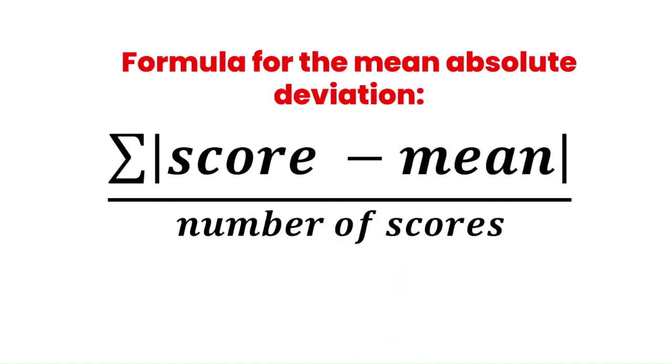So let's learn the formula first. Ano bang formula ng mean absolute deviation? Katulad ng formula kanina sa standard deviation at saka variance, same lang din. Summation ng absolute value of the difference between the score and the mean divided by number of scores. Ibig sabihin nito,